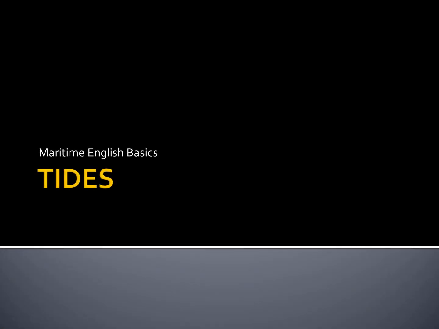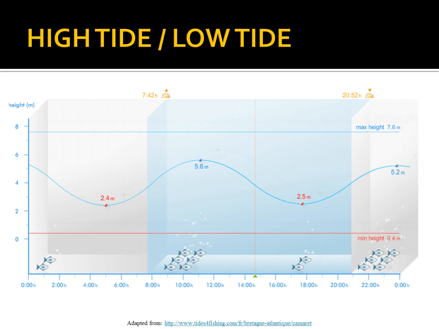Tides. Let us look at the tidal forecast for the small harbor of Camaret near Brest in the northwest of France. In the high tide and low tide chart for today, we can see that the first low tide was at 5 in the morning, and the next low tide will be at 20 to 6 this evening. The first high tide was at 5 past 11, and the next high tide will be at 1/4 to midnight